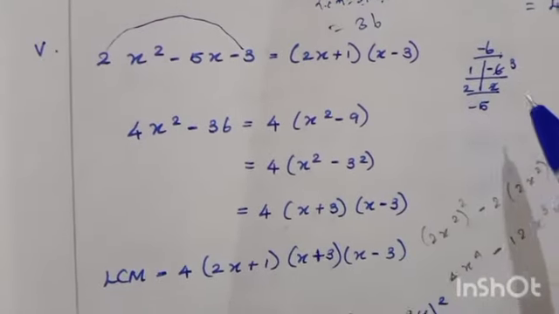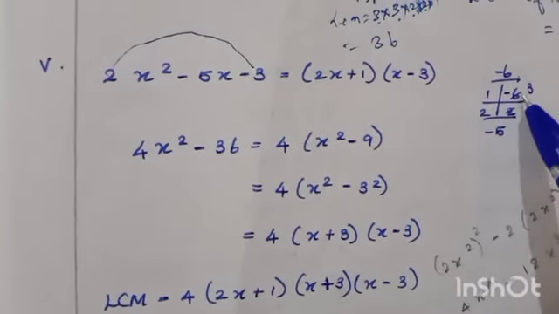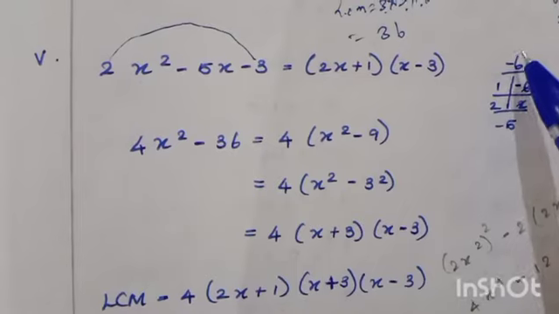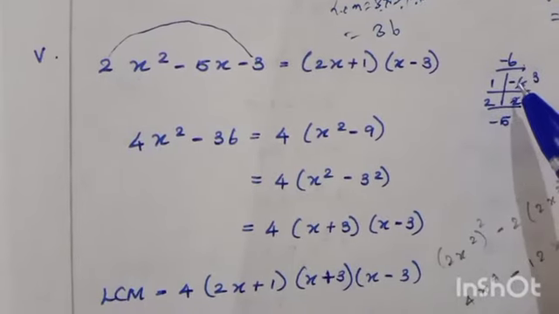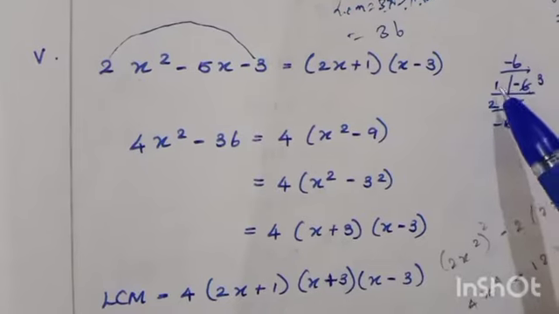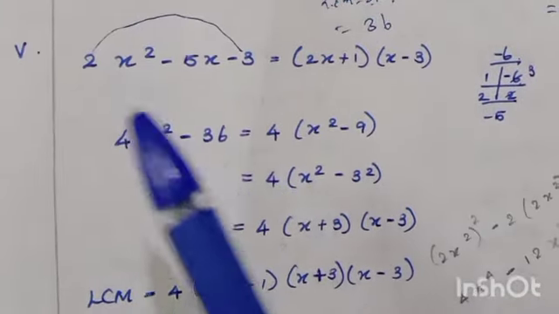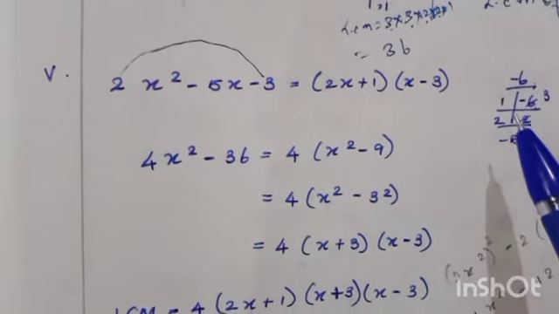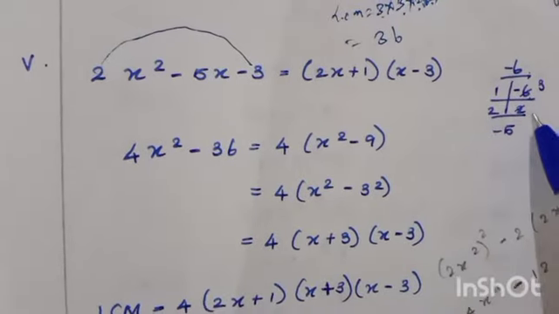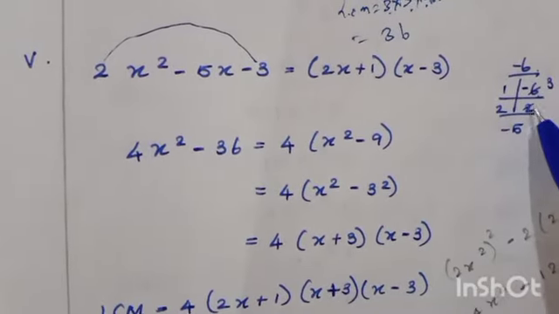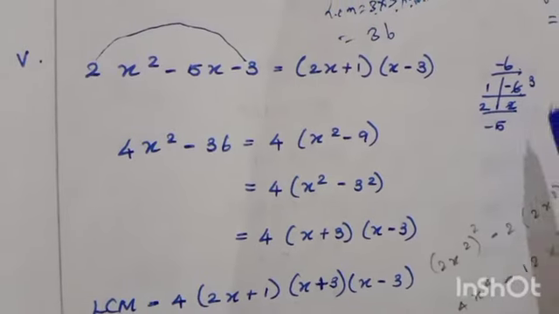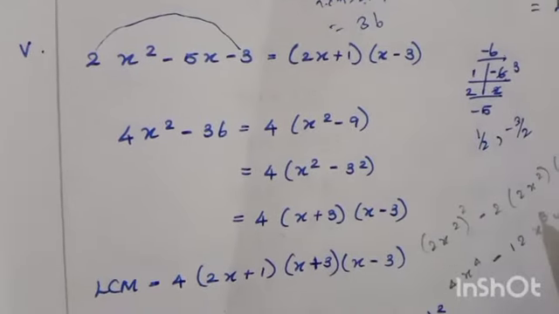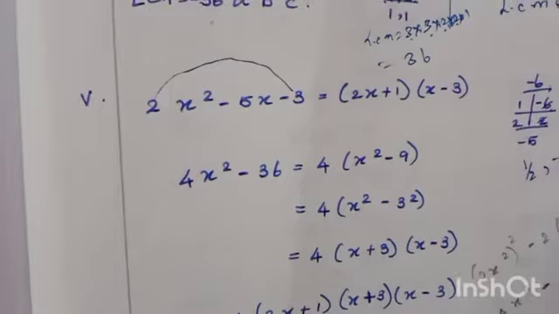So we want to find the factors of 6. 1 into 6 is 6. It satisfies 1 into minus 6 is minus 6. We need minus 5, so the greater number gets the minus symbol. So the factors are 1 and minus 6. In the beginning you multiplied with 2, so after finding the factors you have to divide by 2. So it is 1 by 2 and minus 6 by 2. 1 2 is 2, 3 2s are 6. So the factors are 1 by 2 and minus 3 by 2.